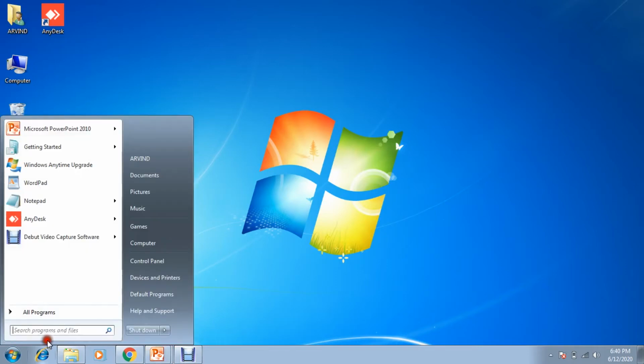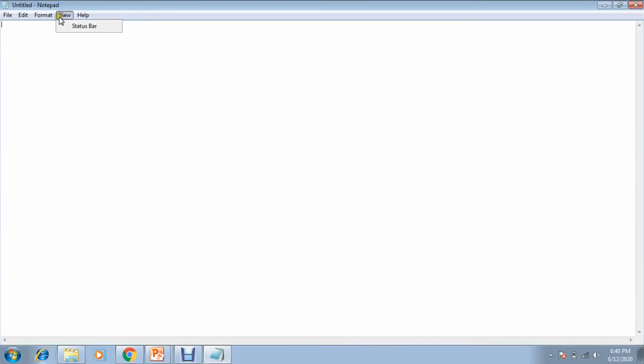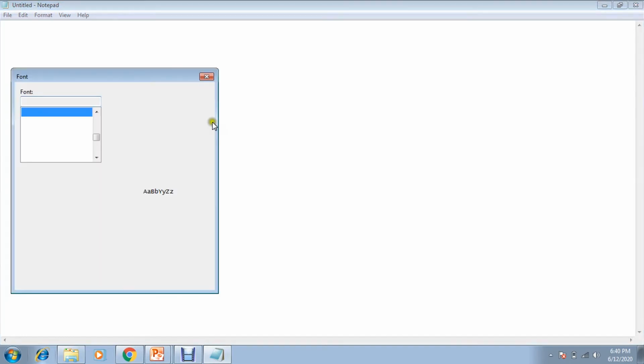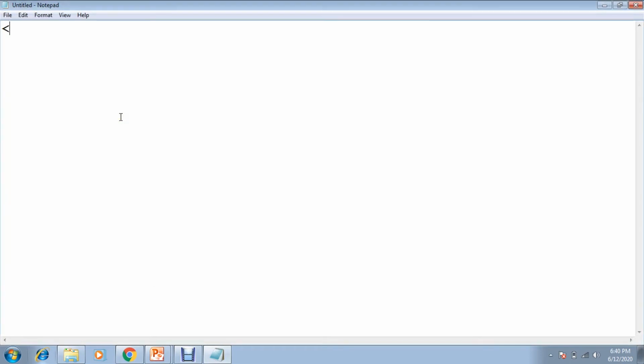Just open Notepad and write down this code. Start with doctype HTML. Then we have head, then title.